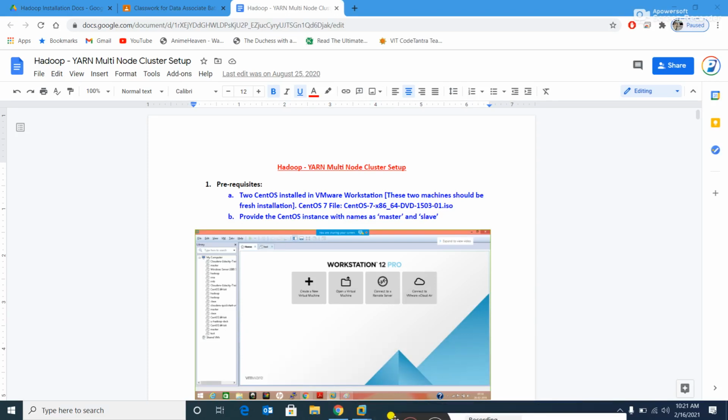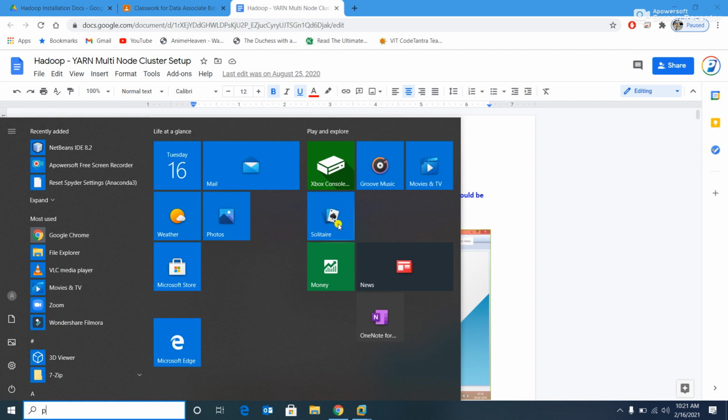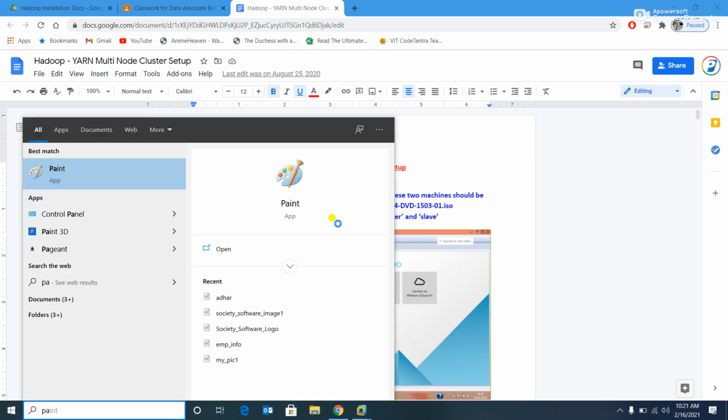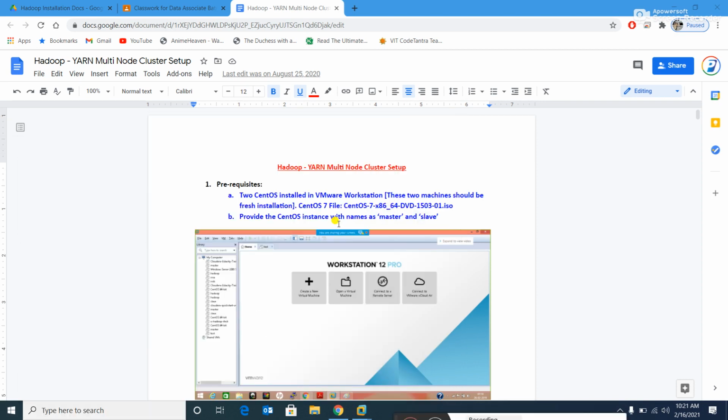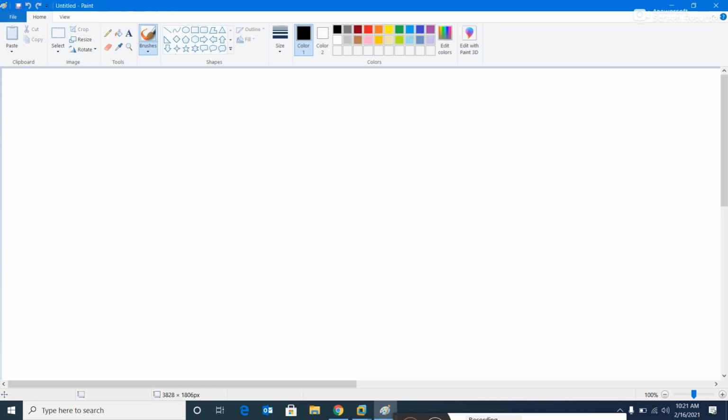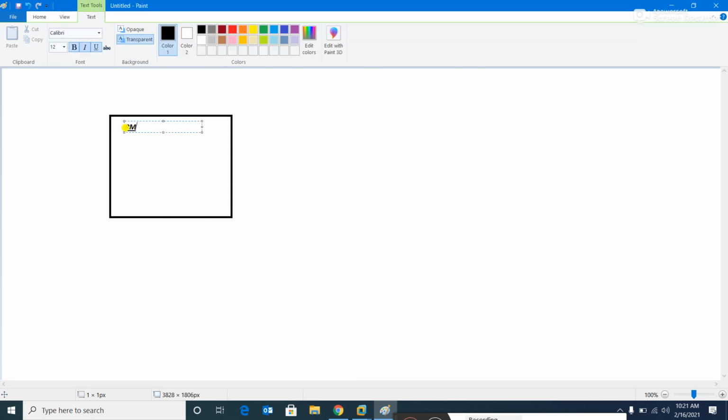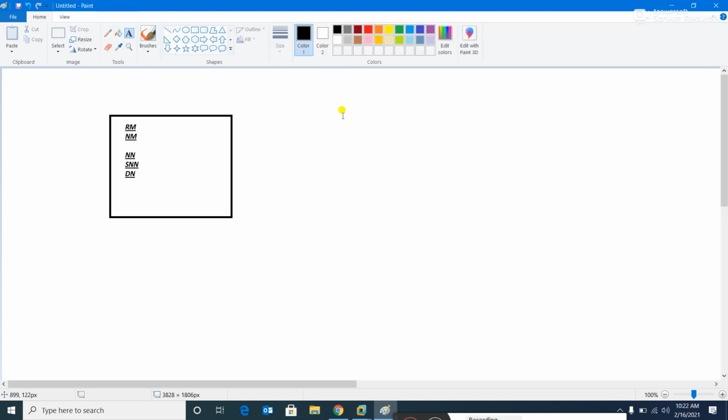Fine. So this is multi-node setup. In multi-node setup, we already have one node set. So the Hadoop node is set up, and if you enter inside this particular Hadoop node, you will see what components are there. Resource manager is there, node manager is there, name node is there, secondary name node is there, and data node is there. Correct? So this is the setup you already have.